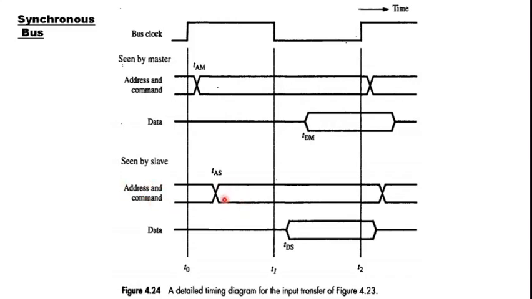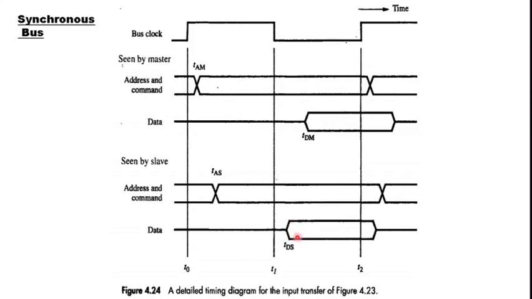In the earlier case we saw that at t1 the slave should be ready with the data to be supplied to the master. Here the case is exactly the same. By t1 the slave is supposed to be ready with the data to be given to the master. At t1, the slave will actually try to put the data for the master onto the bus, but due to the electronic delay induced by the driver circuits of the slave, at tDS only the slave will be able to put the data requested by the master.